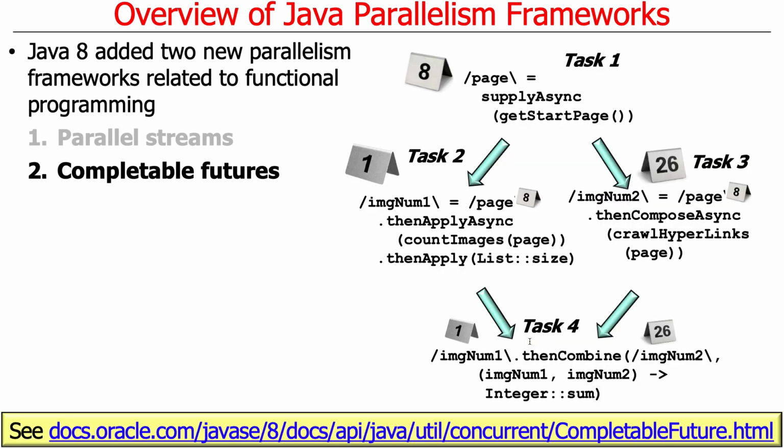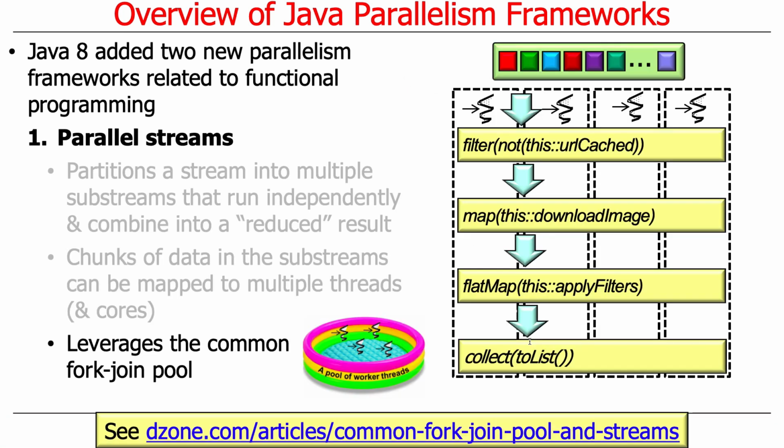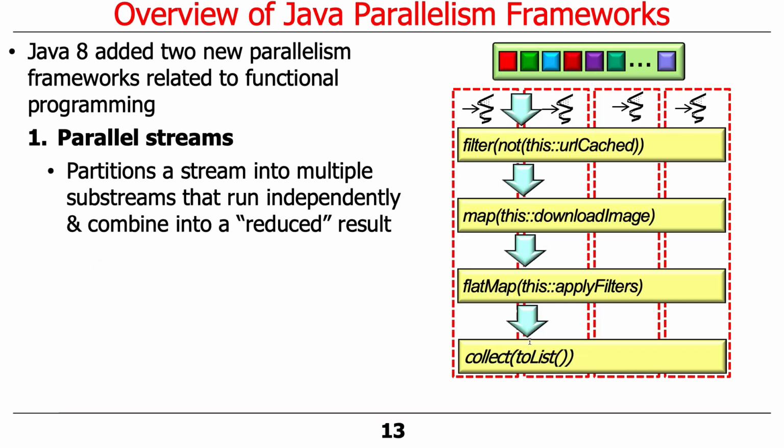There's also an asynchronous variant of parallel processing called completable futures. And for reasons that may even be obvious just by looking at the pictures here, you kind of see streams. If you know what a sequential stream is, then going to parallel streams is pretty easy because it just runs the chunks in parallel, right? It's not a conceptually different programming model. They're both synchronous at their core.